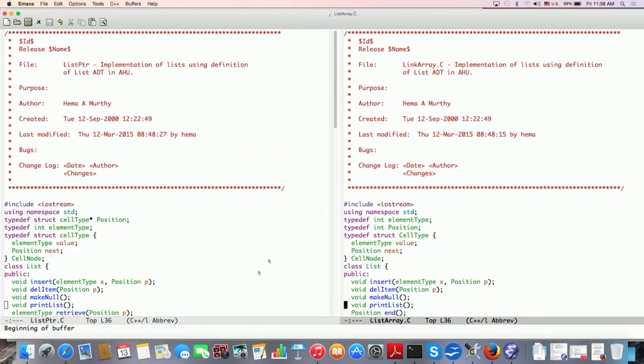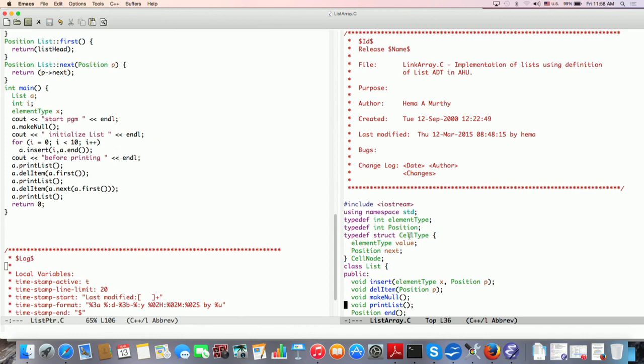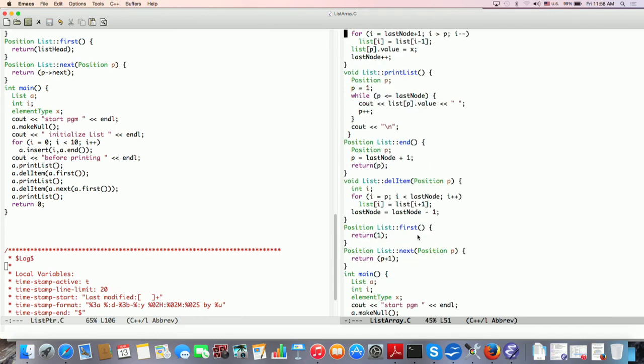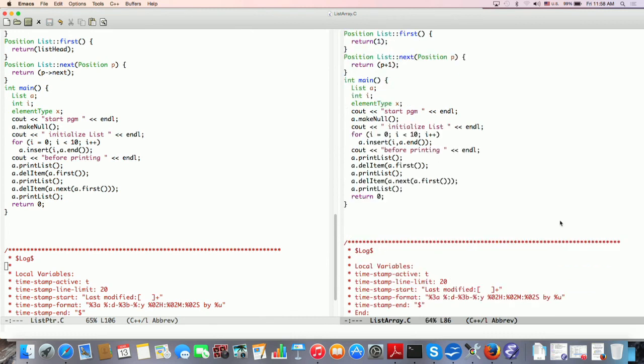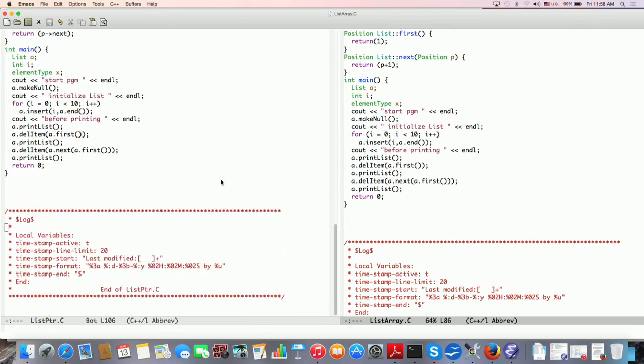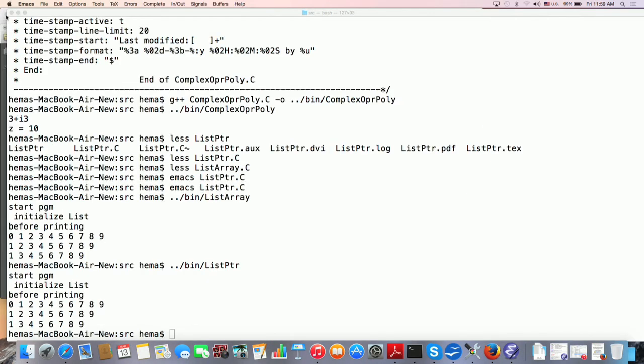The fun part is that this representation that you have, you can change. The way the functions are implemented can be changed by the definer of the ADT, but the user of the ADT need not be aware of it. Initially you can come up with a poor definition of an ADT. The algorithms need not be very efficient, but afterwards you can make the algorithms which operate on the ADT so much more efficient, and the user need not even be aware that you actually changed the representation totally. So, this is the fun part about defining abstract data types.